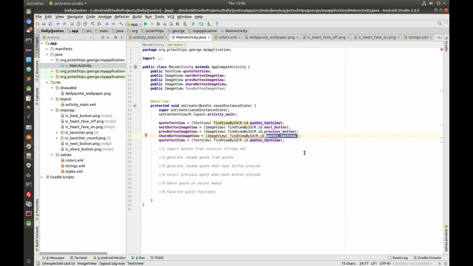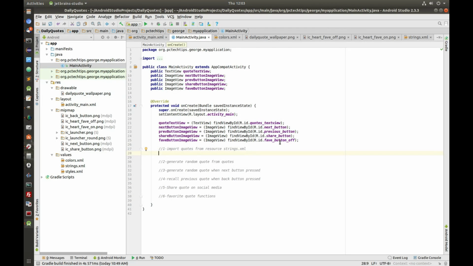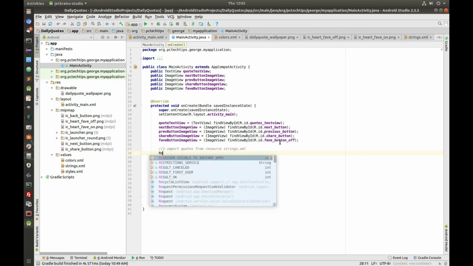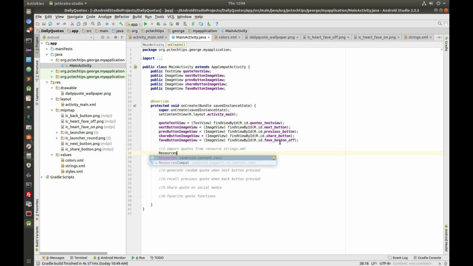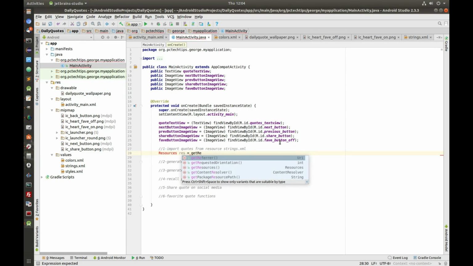And I'm going to pause here. Alright, so the next step is to import the quotes from the strings.xml file. So I'm going to come here and I'm going to say resource, and I'm going to name it res, and I'm going to say getResources,